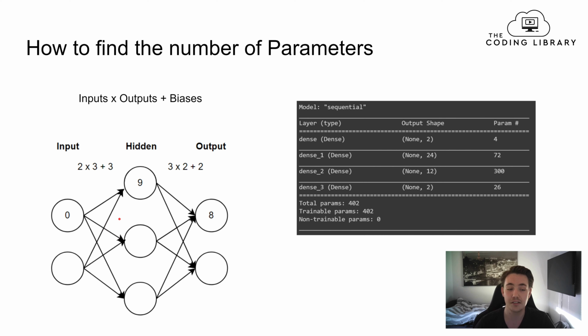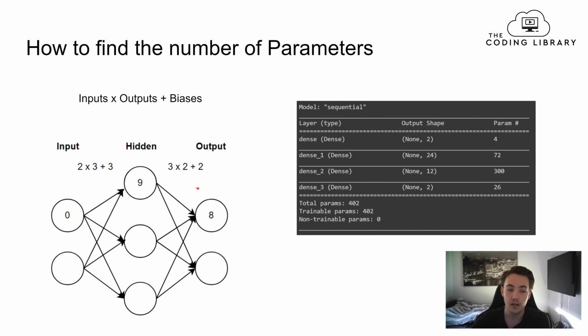So if we're operating with biases, we often have one bias for each of the connections, together with a weight. So in this case here, if we just take this simple example down here, we go through the first layer here, which is the input layer, and we will have 2 neurons in this input layer here. And in our first hidden layer here, we have 3 neurons, and because we have 3 connections here, we will also have 3 biases. So this means that we have 2 multiplied by 3, and then we add the 3 biases here that we get from these 3 connections into this neuron here. So that means that in this hidden layer here, we have 9 trainable parameters,